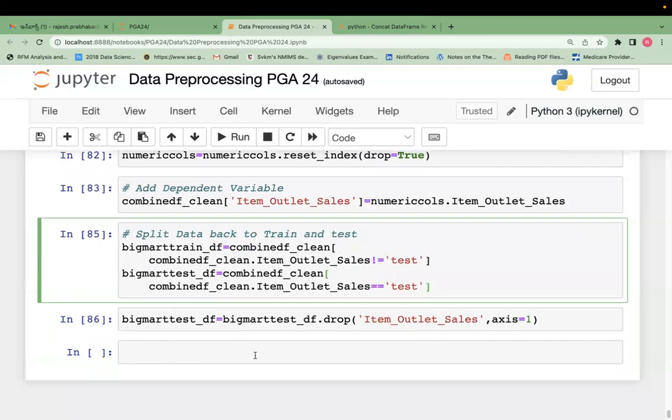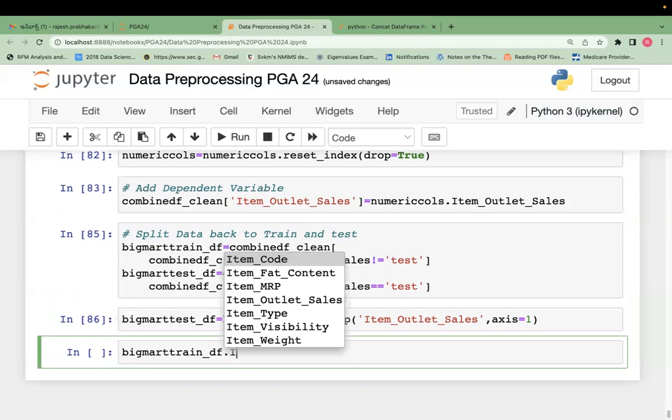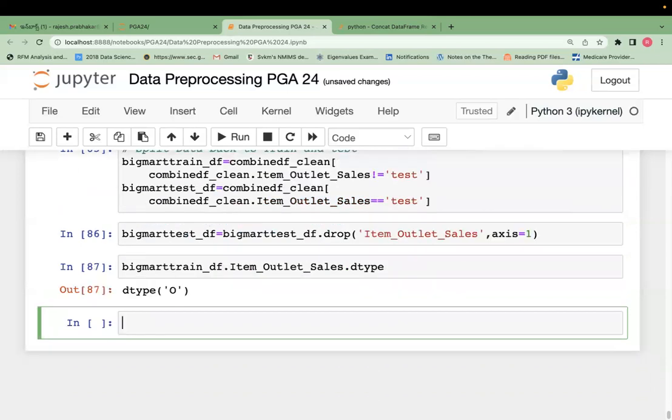Now, because of this, if you look at bigmart_train_df.Item_Outlet_Sales.dtype, it is showing as object because of the mixed data type, numbers and text. Whenever you have mixed data type, by default it will show it as object. Now what we have to do? We have to convert it into float